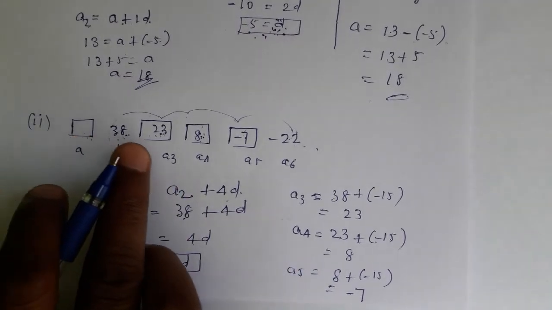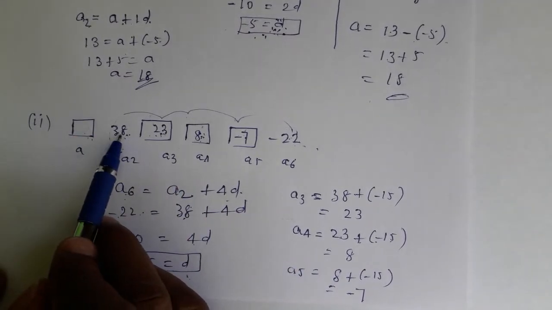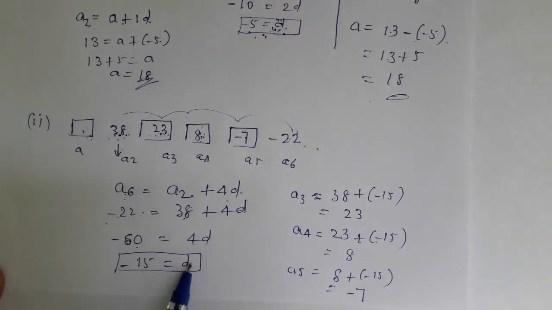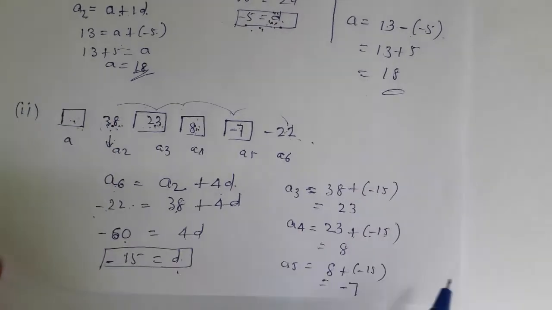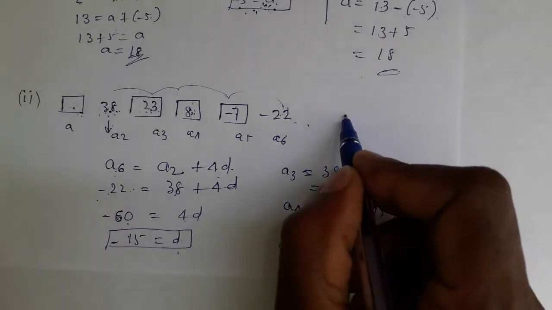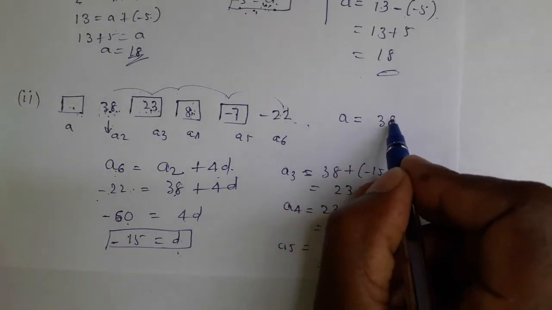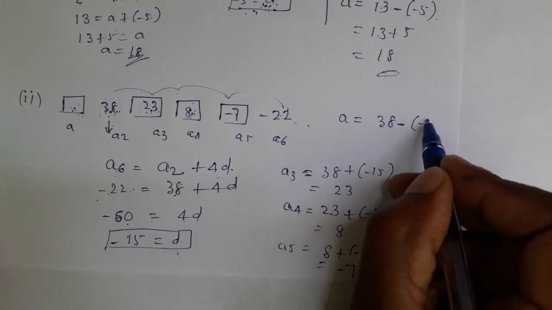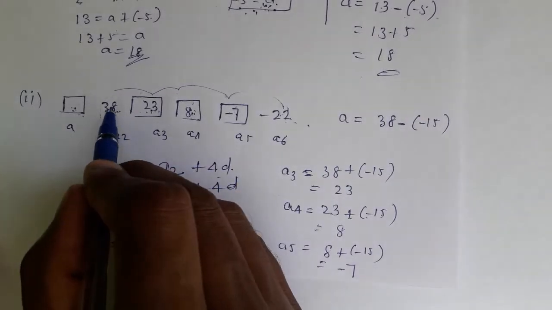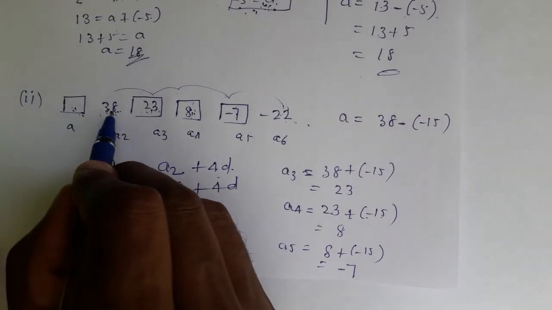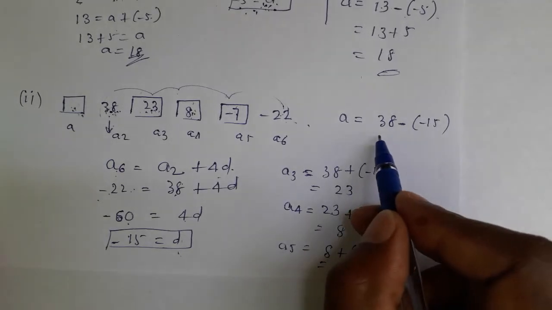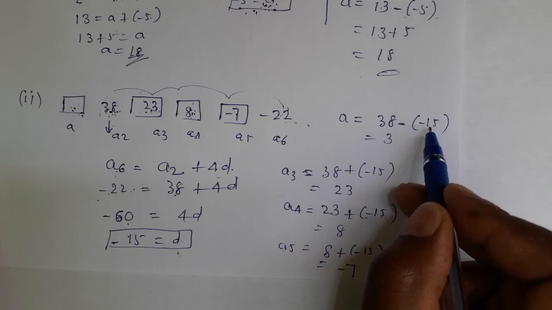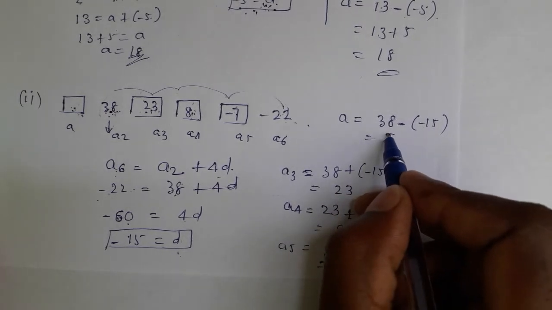So the first term also we will fill easily. That means 38 we know, the previous number we don't know. Remember, to get the next number, add the difference. To get the previous number, subtract the difference. So to get A, how to get A? We take 38. 38's previous is unknown, no? So subtraction should be done. 38 minus difference gives you the previous number, 38 plus difference gives you the next number. Now 38 plus into minus, plus, so 38 and 15 both added will get 53.